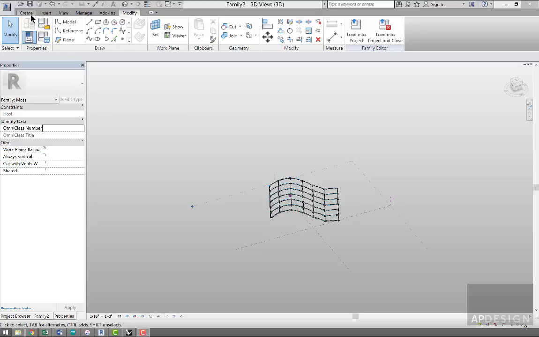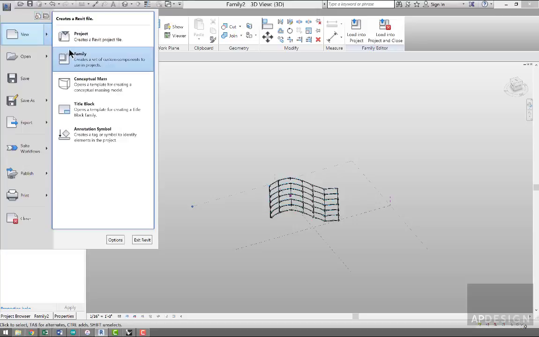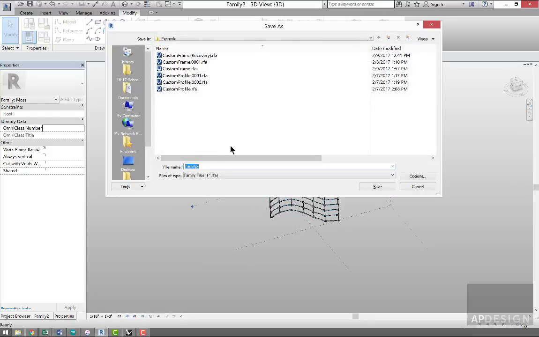Alright, in this video I'm going to be making a custom panel. Some of the same concepts from our last one, but just kind of showing you a different way that you can start to use this information. So we're going to go and create a new family. I need to save this, so I will call it